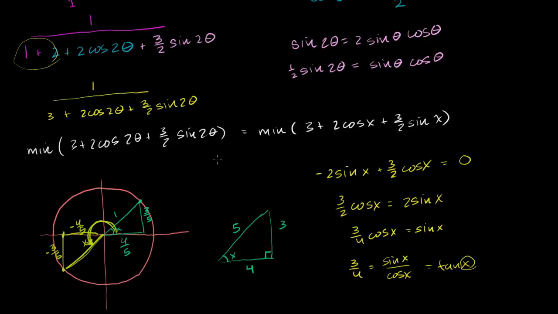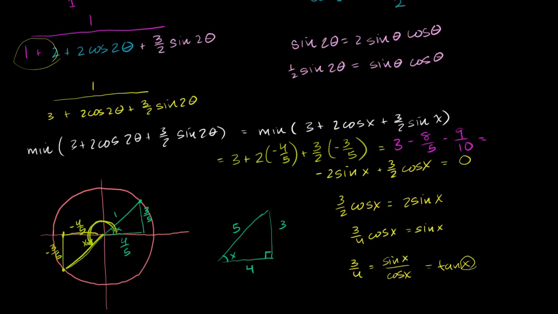So the minimum is going to be equal to 3 plus 2 times cosine of x. We're using this one over here. So 2 times cosine of x. Cosine of x here is negative 4/5. Negative 4/5. And then plus 3/2 times the sine of x. Sine of x here is negative 3/5. Negative 3/5. And what is this going to be equal to? This is going to be equal to 3 plus, this is negative 8/5. Maybe I should write 3 minus 8/5 minus